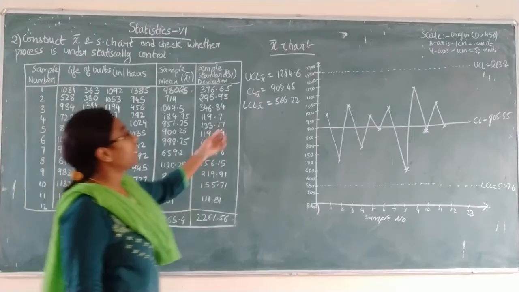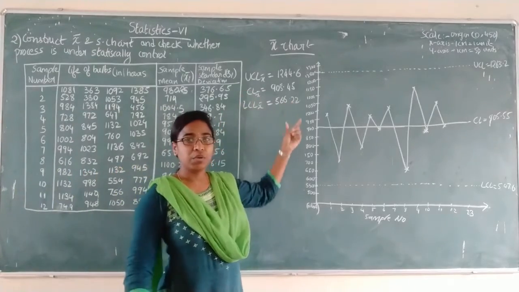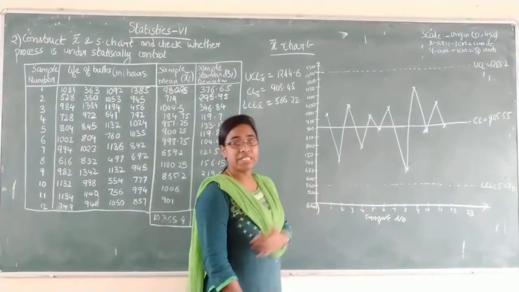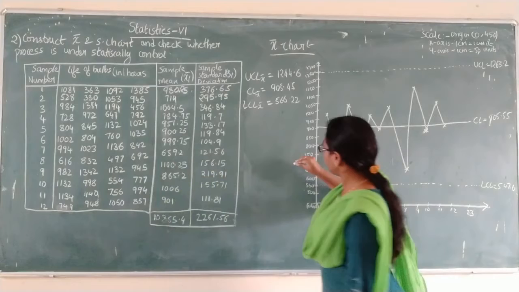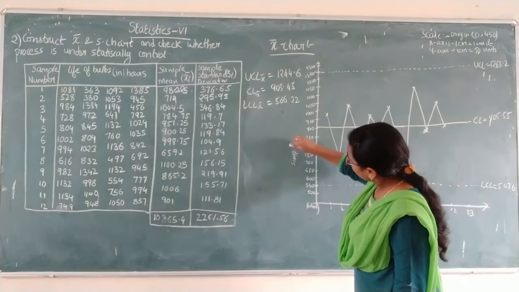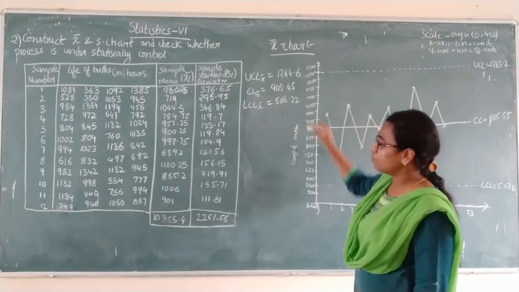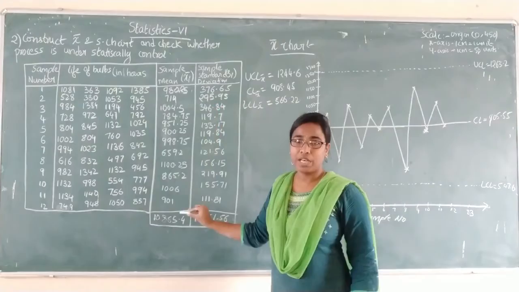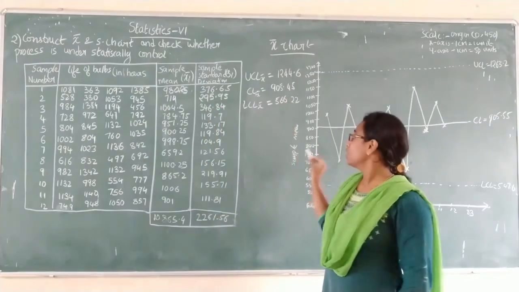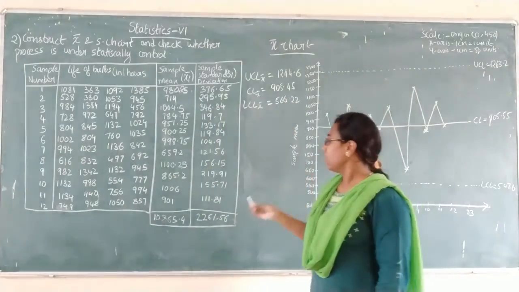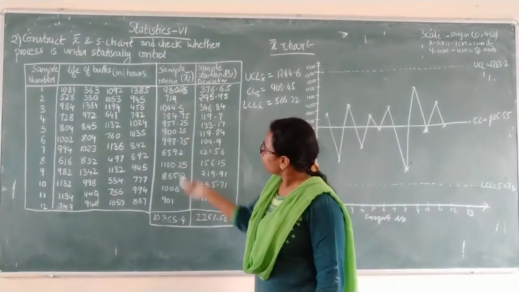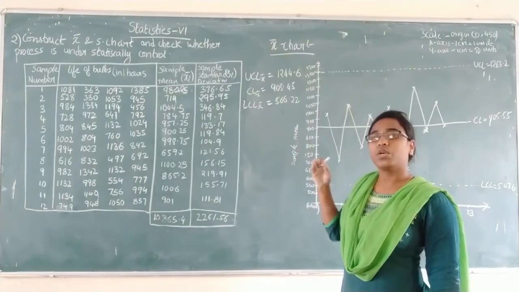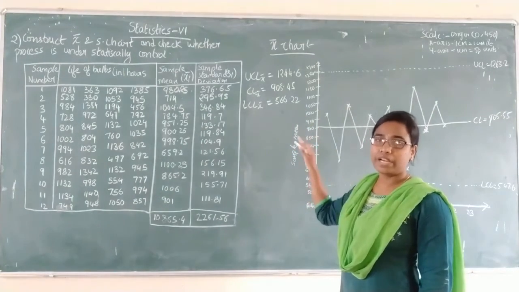Now coming to the control chart, that is construction of control chart, drawing the chart. On the x-axis, we will represent the sample number. On the y-axis, we represent the sample mean. So here, on the y-axis we will be plotting the sample mean values and UCL, LCL values, right? So this should be taken very carefully. Now if you observe, the least value is 700 and the LCL value is 566. So your values may be starting from around 500.